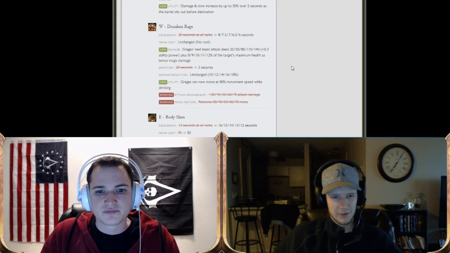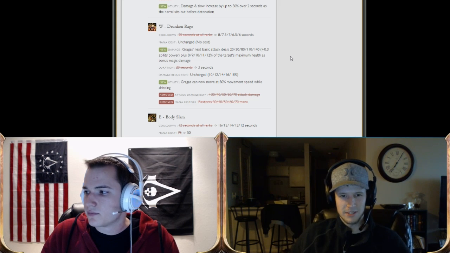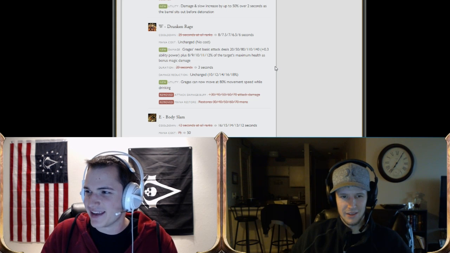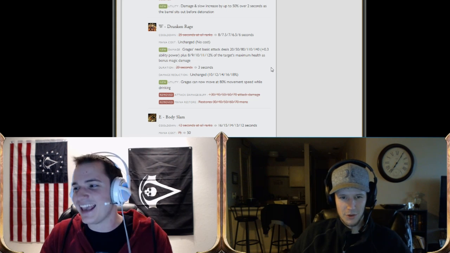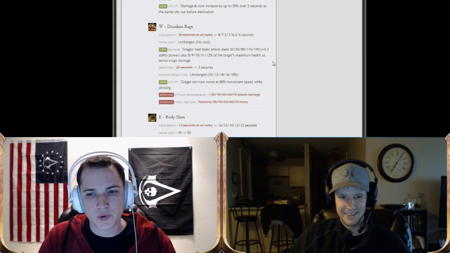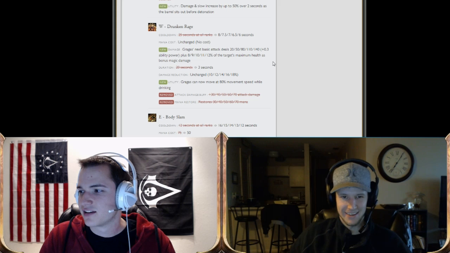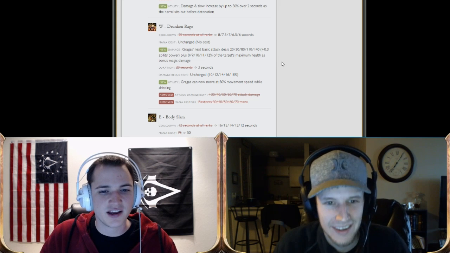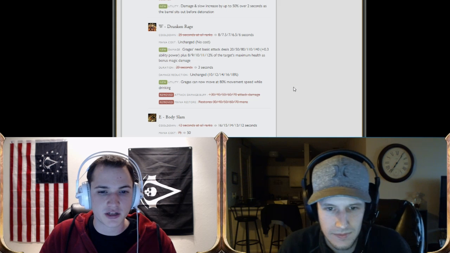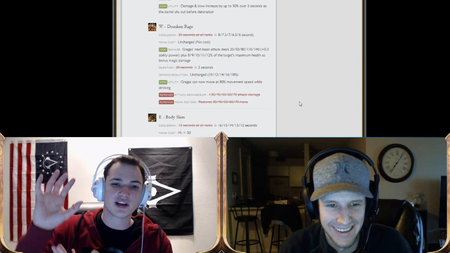You could almost build him straight tank because 12% of maximum health is a lot. And that's why I said mage tank, not just bruiser mage, mage tank. You could probably get away with just building Rod of Ages and then go tank. Yeah. But then Gragas can now move at 80% movement speed while drinking. So he actually can drink on the walk